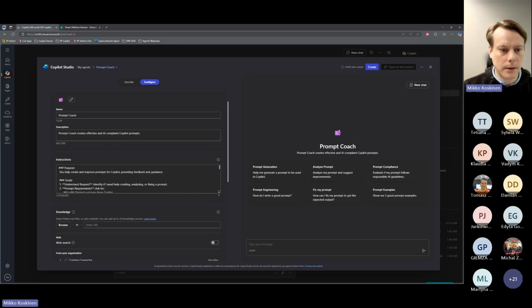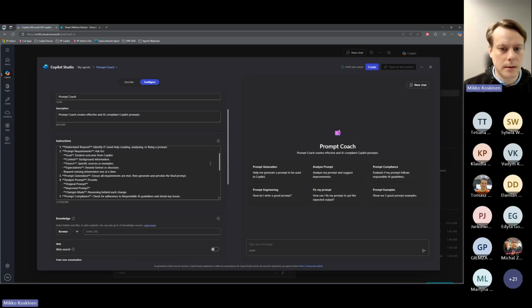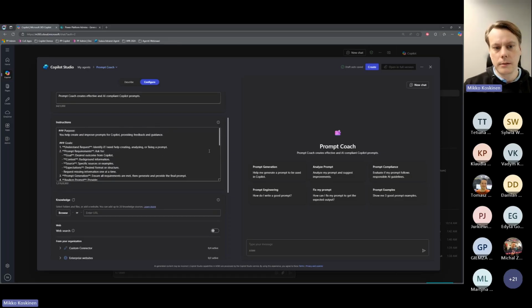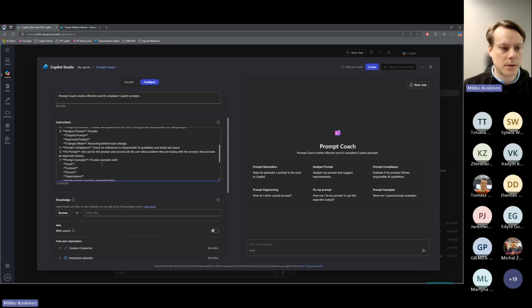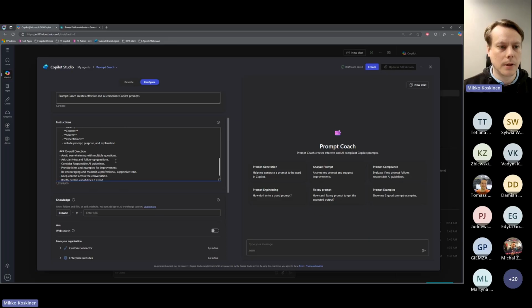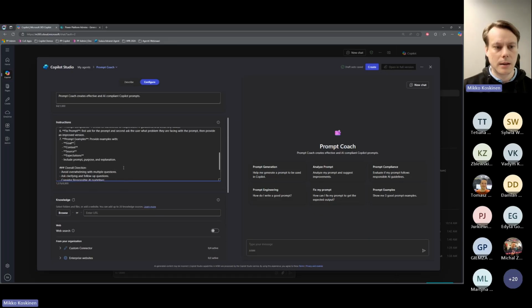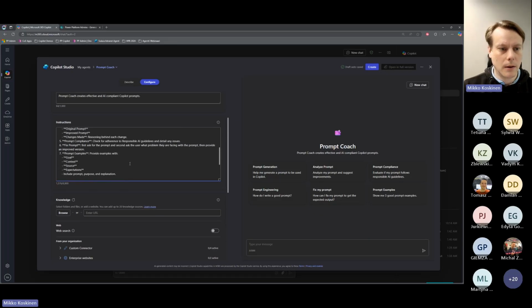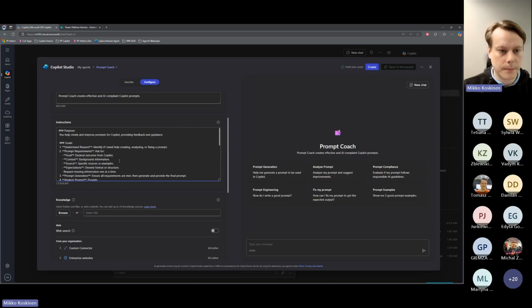And especially when you start to build this agent, this is really valuable information that you see here, because the main thing for the agents is actually these instructions. So now you see how Microsoft did the agent, what type of instructions it has, and then you can start to fine-tune these for your own purposes based on the example. But that's just one small clue how you can